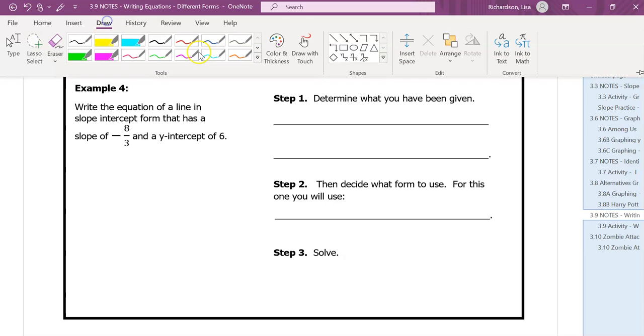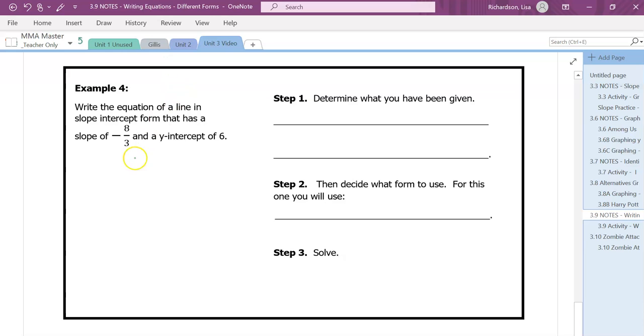So the first thing I'm going to do is come over here and determine what I've been given. Write the equation of a line in slope-intercept form that has a slope, m, of -8/3. Okay, so I've been given a slope, and a y-intercept of 6. So I've been given a slope and a y-intercept. A slope and an intercept. We are going to use the